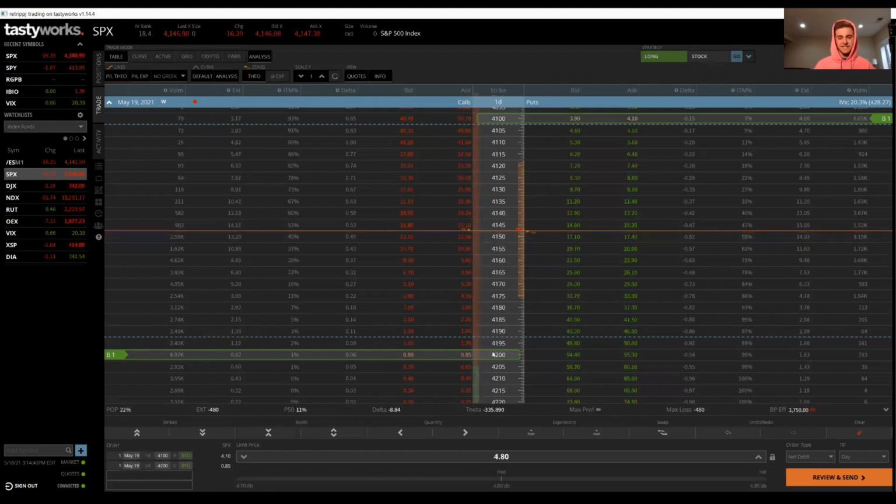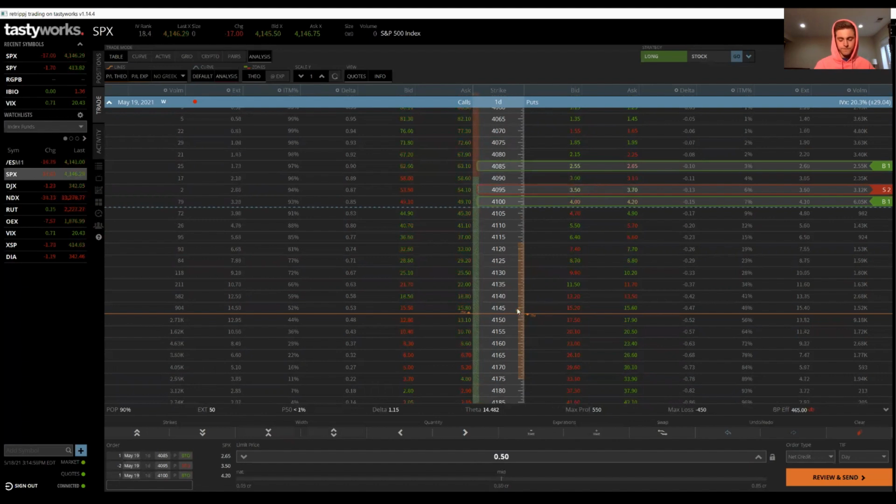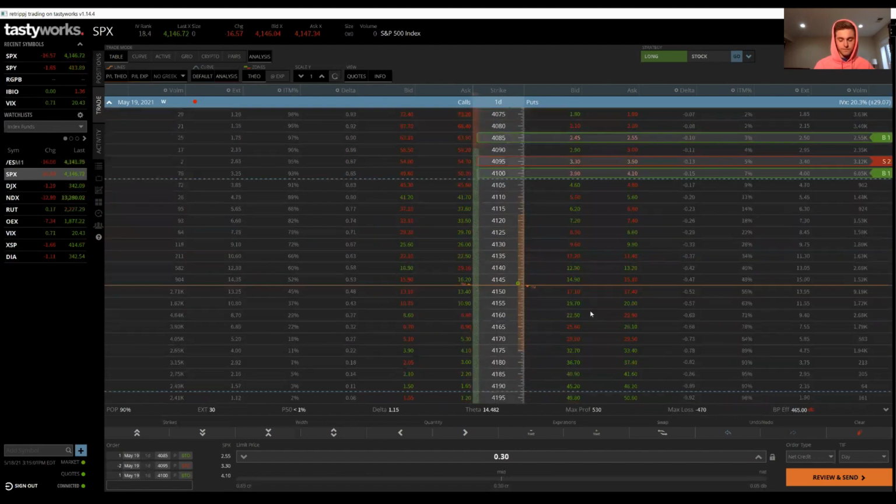With the broken wing butterfly, it's a kind of similar setup. A higher VIX obviously means a lot more premium for the position, which is always good. But then you also have to run the risk of, is it going to hightail it up or down? And I don't trust deltas in Thinkorswim or Tasty for what I call 0.5 day expiration, because you're opening it right before the night, or even 0 day expiration. I don't trust the deltas as much, or the in the money and the touch probabilities. I find they're just not as accurate, because there are days where the delta is 0.5 and the touch percentage is like 2%, and all of a sudden 20 minutes later you're in the money, just because all it takes is one event to swing it down towards us,